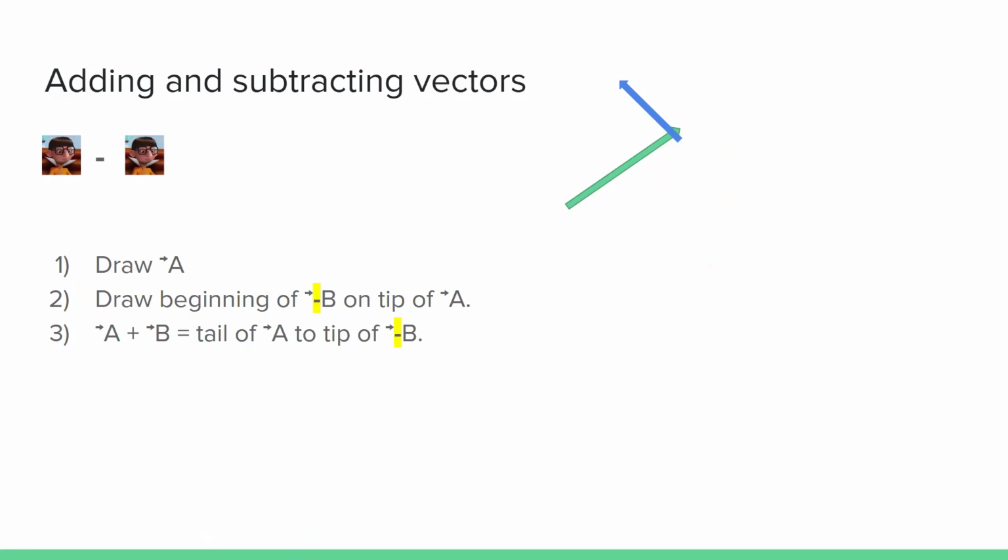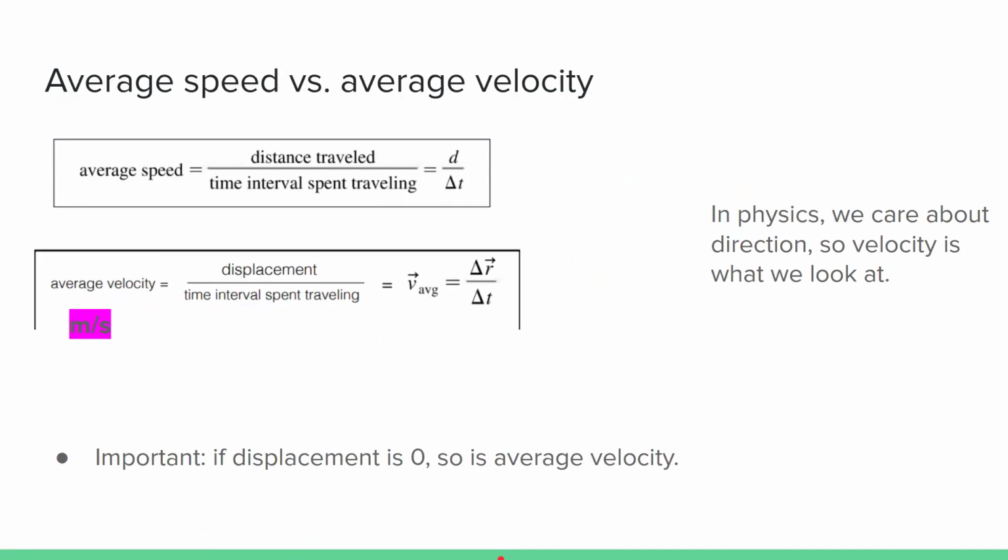Because we're really doing the same thing. We're still adding the vectors, but for it to really end up subtracting, you have to add by a negative b, which sounds kind of strange, but if you do a plus negative b, it's the same thing as a minus b. So we're doing the same thing as we just did, but the only difference is that we just flip b. And so same thing, put the tail of A to the tip of B, and it's like that. So it's a little bit different, but that's what you would do for subtracting them.